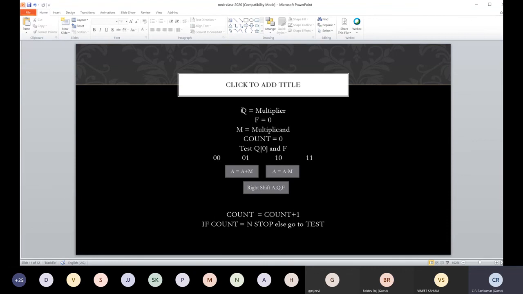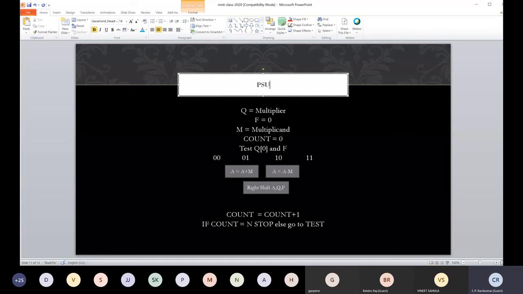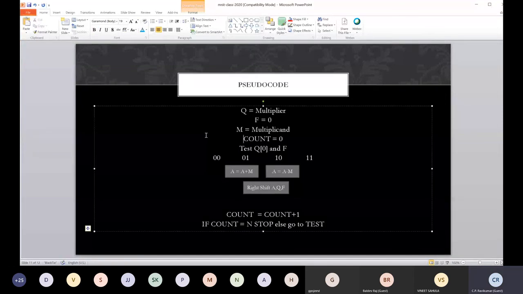So this is our sort of pseudo code. Okay, this is what should be done. And the hardware should emulate this behavior. So sometimes we write it as pseudo code or algorithm.